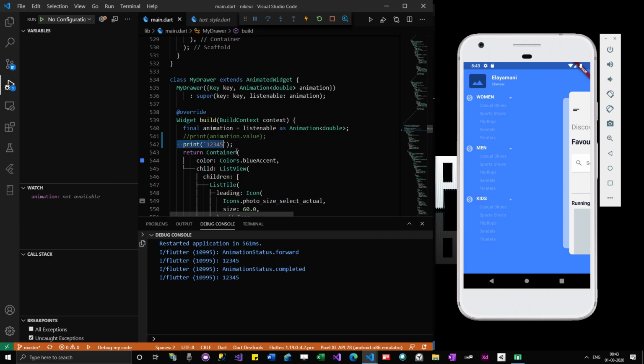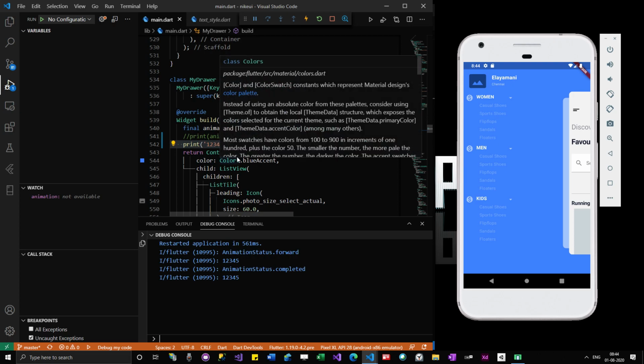Okay, so like this, I can add some statements into my code as simple as a print statement, and then try to show a message here. So this is a way of debugging your apps programmatically.